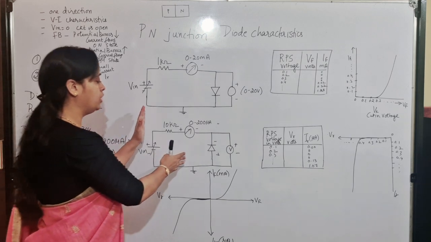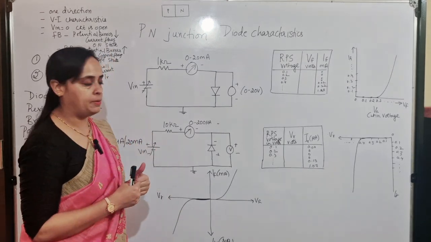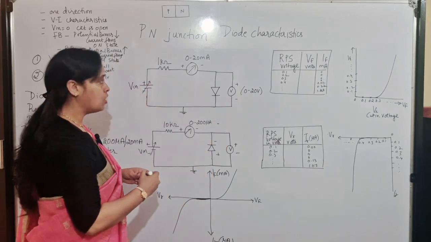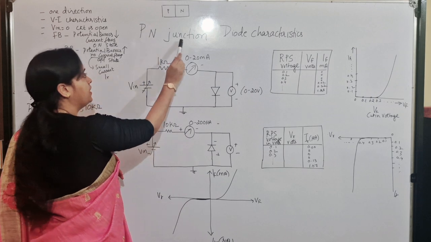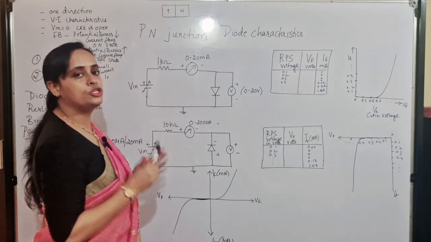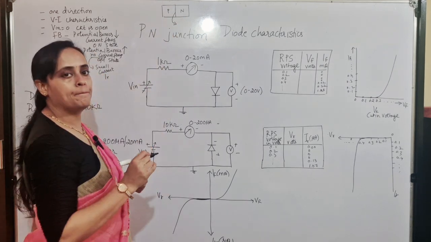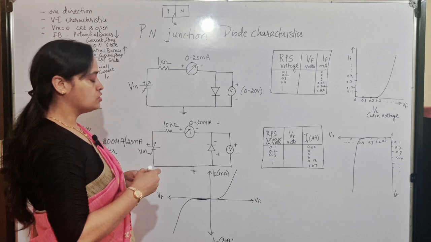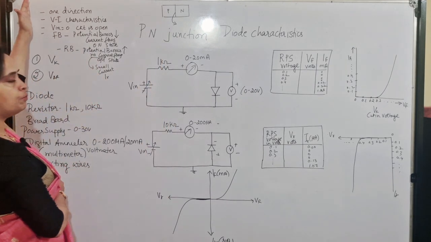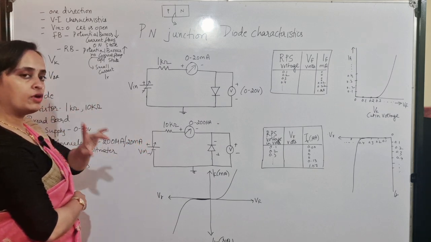Now, before we get into the circuit diagram, if we can understand the logic of this experiment, then it will be easy to answer Viva. So, as all of you know, what is a PN junction? When P-type and N-type are merged together, the junction formed here is known as a PN junction. So what happens to this PN junction? This is how I have written the highlight points for you to remember the logic of the circuit, and if you understand the process